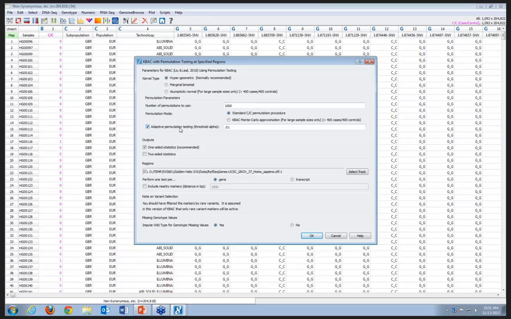We have this adaptive permutation testing option that really speeds up the process. It lets you specify a threshold, say 10 to the minus third here, or second, where you're saying that essentially anything that it recognizes immediately is not going to pass that threshold. It just skips it and moves on. So it really speeds things up. And when you run it,